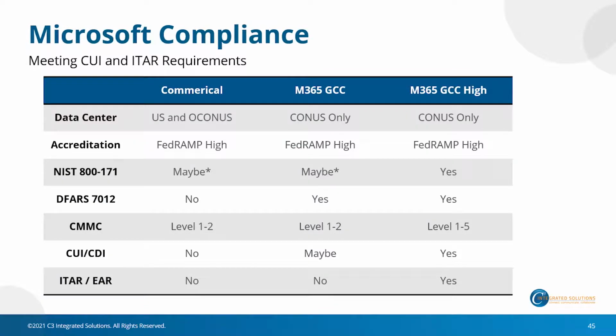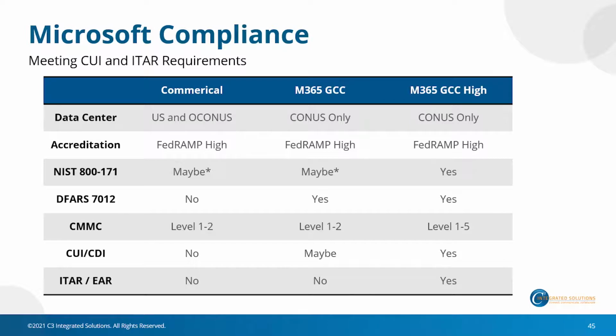So just kind of finalizing this on one last chart, you can see the differences between the commercial version, the GCC, and the GCC High version in terms of various types of compliance. And a couple of things that will pop out here, all of them are now FedRAMP High, which is great news for the industry. And Microsoft just recently announced that they will attest to the DFARS 7012 clause in GCC. And what this means is in the infamous clauses C through G, they've now solved the technical challenges to be able to meet that, so they feel comfortable that they can attest to DFARS 7012.